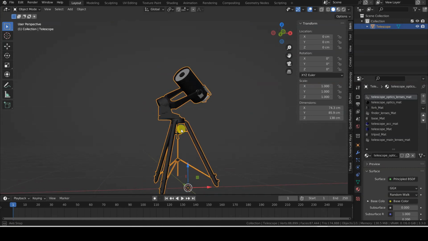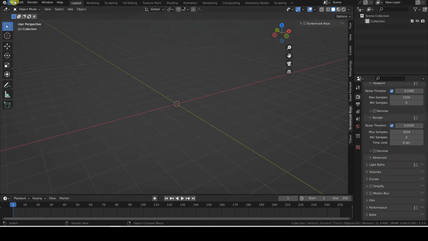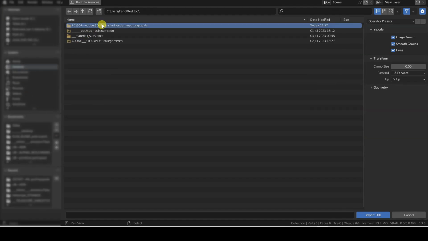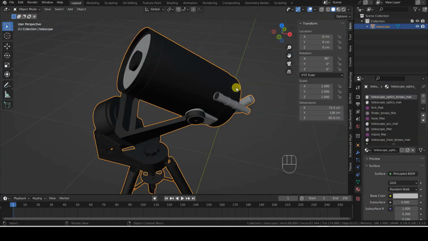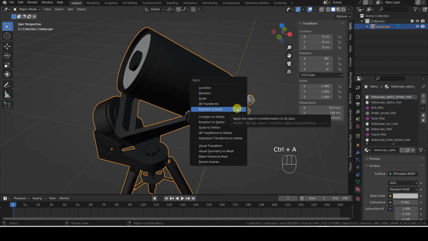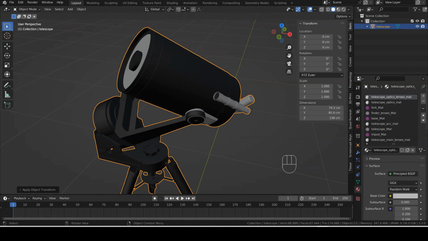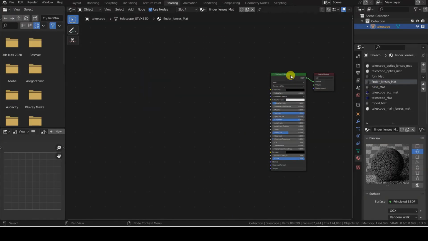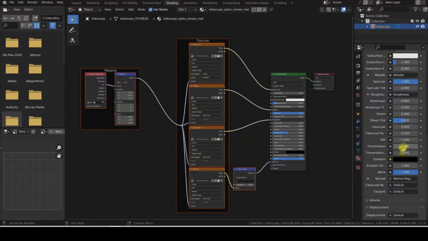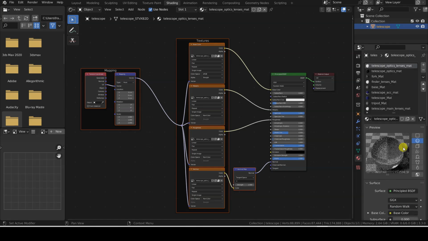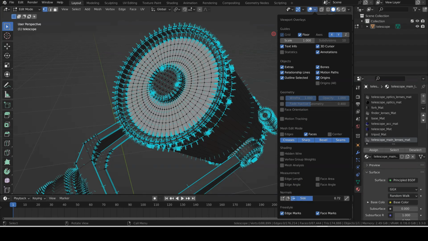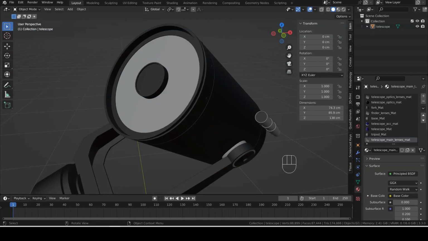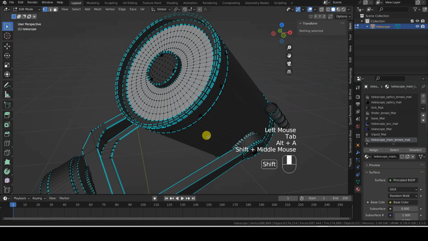Specifically, in this tutorial, we will cover 10 operations. How to import the OBJ file downloaded from Adobe Stock into a Blender scene. How to apply rotation and scale transformations of the imported model. How to quickly set up PBR textures using the Node Wrangler add-on. How to set up the transparent material for the telescope lenses. How to verify that normals are set up correctly. How to remove the sharp markings from the imported model, if we prefer not to have them.